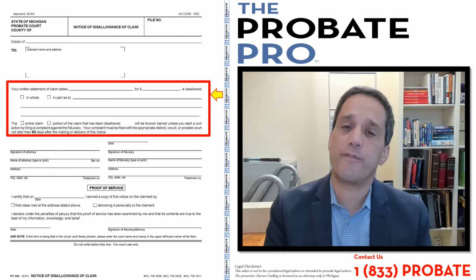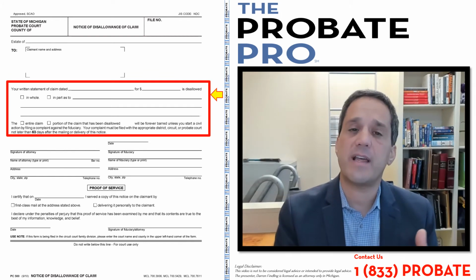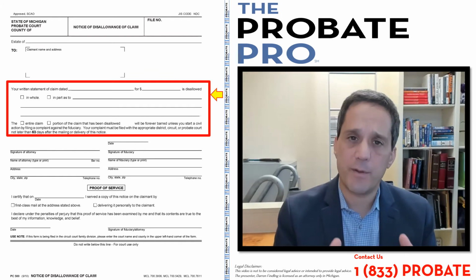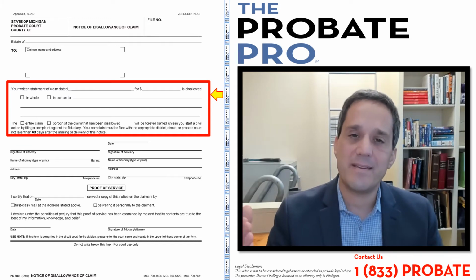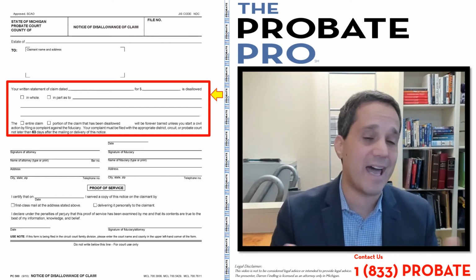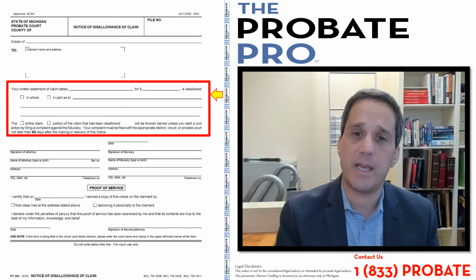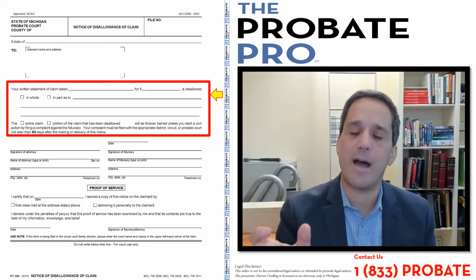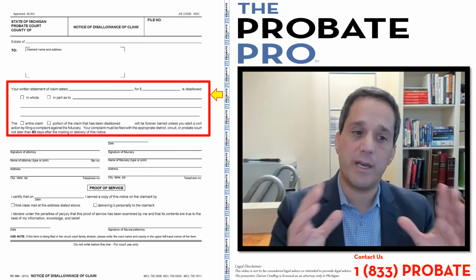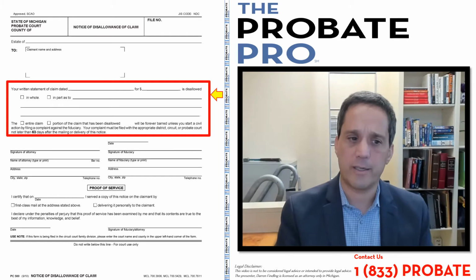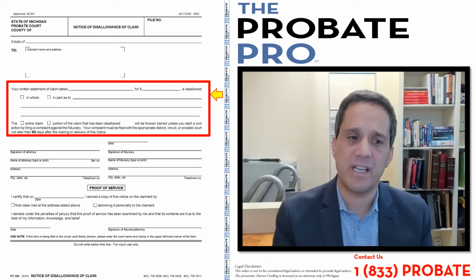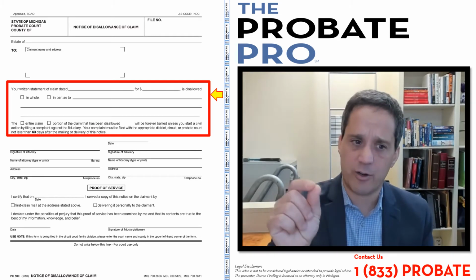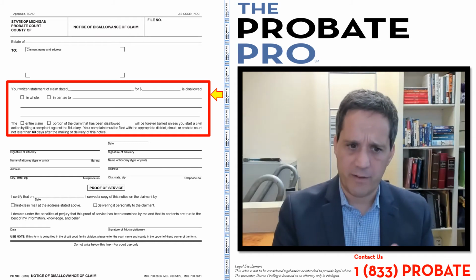As you move further down in the form, you'll see that you're identifying the date of the proof of claim or the date that the debt was asserted. Maybe it's a bill and not a traditional statement and proof of claim under a SCAO form, but just a bill that has been asserted and the amount that you're disallowing. So here, this is the part where I spoke of you can disallow it in its entirety or in part. The next section, there's a checkbox that talks about the entire claim or a portion of the claim has been